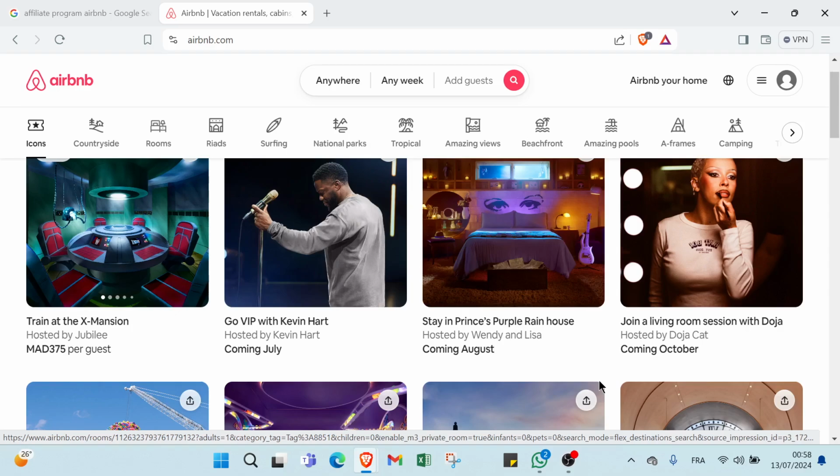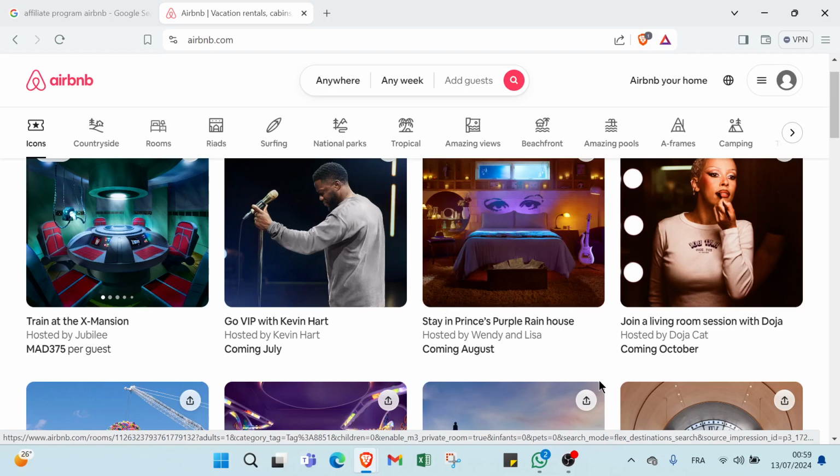As an affiliate, you can earn commissions by promoting Airbnb accommodation to your audience. Whether you run a travel blog, manage a social media channel, or have a website related to hospitality, becoming an Airbnb affiliate allows you to monetize your traffic and recommendations. So before getting started, let us know what Airbnb is. Airbnb is a globally recognized online marketplace and hospitality service platform that enables individuals to list, discover, and book accommodations